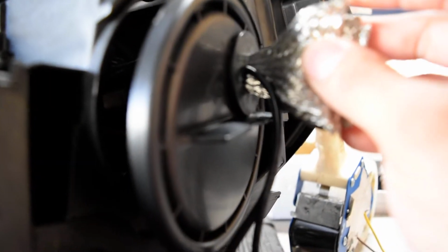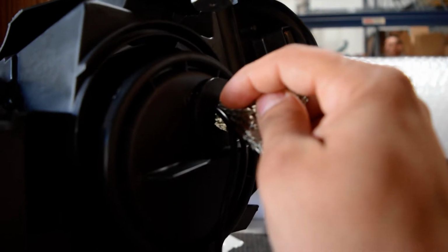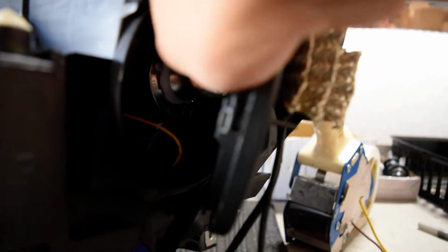Now, I'm going to go ahead and show you just a bit. These heat ribbons right here are going to make pulling this out give a little bit of resistance, just because these things push through this little rubber grommet right here. So that will be normal, but you will be able to pull this back. And what you go ahead and do to remove this will be to grab the base of the bulb and twist. This will be just a bit hard since I'm holding the camera, so I'll go ahead and show you what I mean. So I'm twisting counterclockwise,